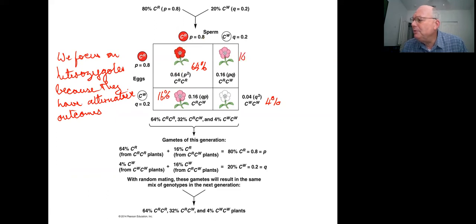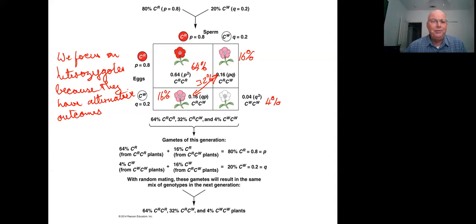And this is going to be 16%. But in terms of overall, that's going to be a total of 32% of the offspring. So when we want to figure out the frequency of the alleles in this population, we've got to take into account both the frequency of the individuals in the population. Again, remember, this is the random distribution, but we've also got to take into account whether